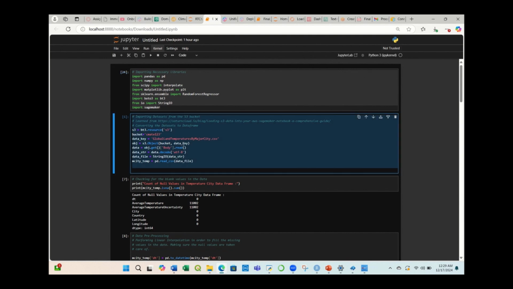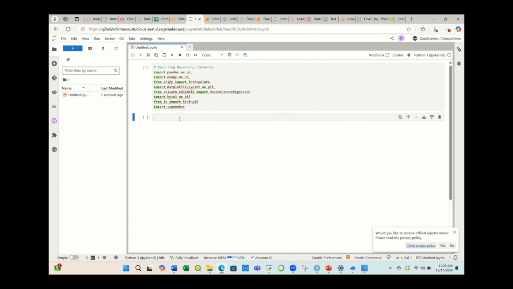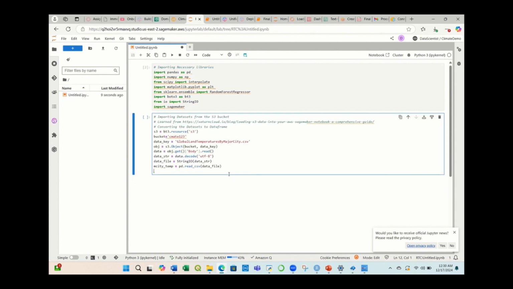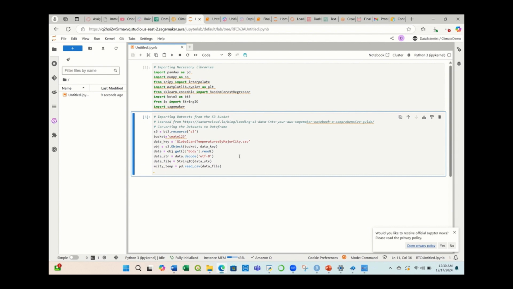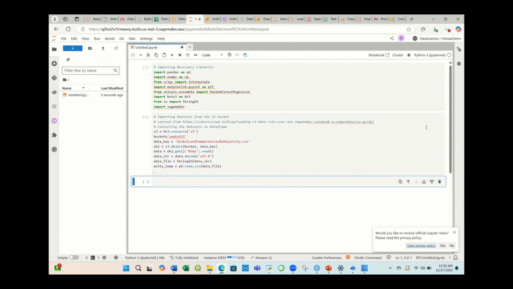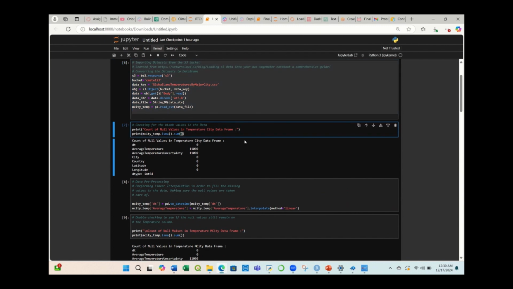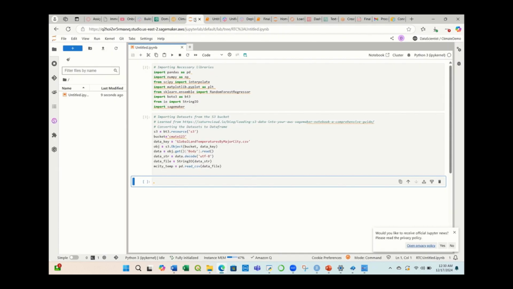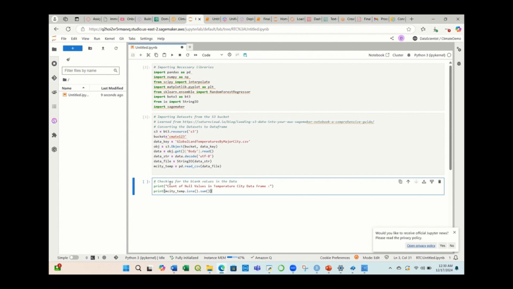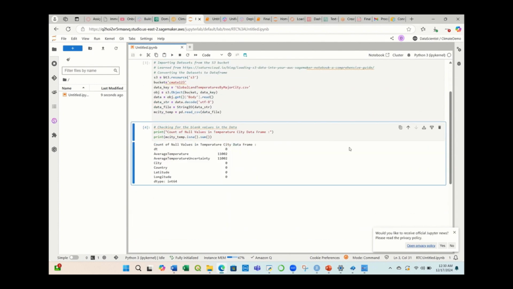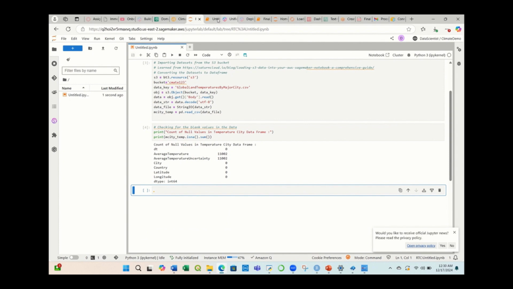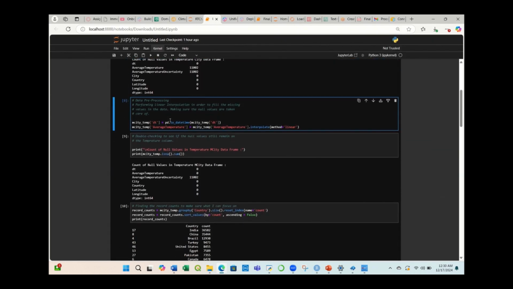So here I'm mainly importing the data that I had uploaded to S3 earlier, just importing that into our notebook so I can access that data. All this information is present in the URL that we see in the comment up in that cell. Looks like it got configured, and it ran without any errors, so that's good. Let's double check if null values are present. Oh, perfect. Yeah, so we do have the data, and the null values are present,